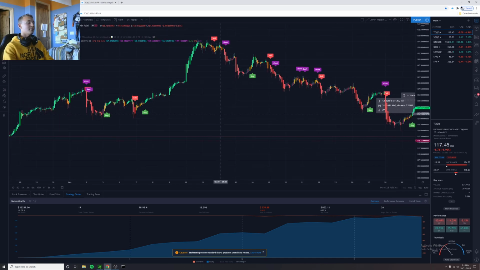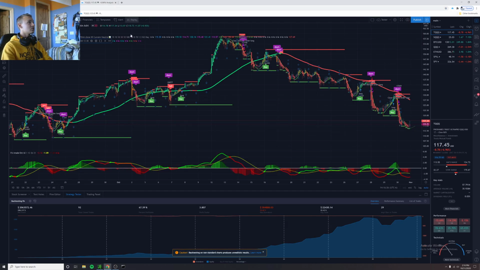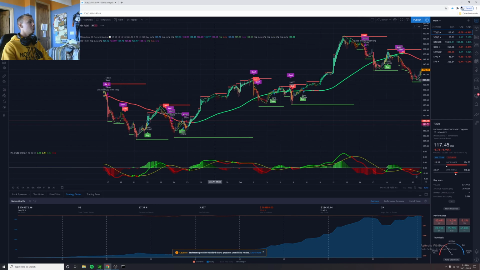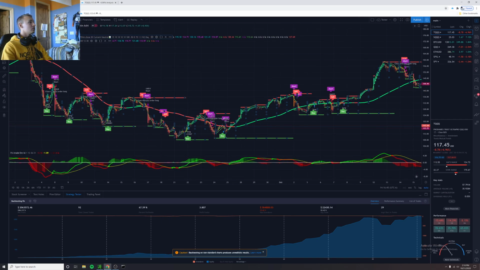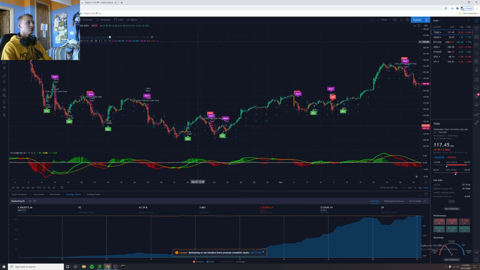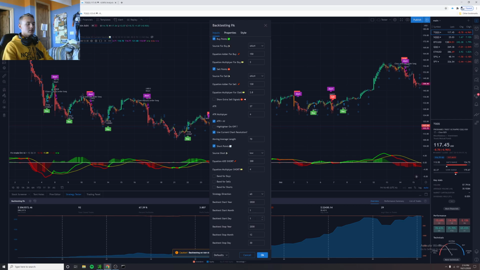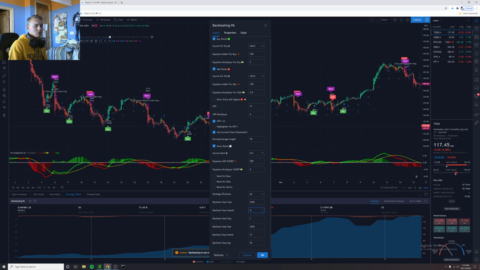Now I'm actually going to tune it. I'm going to go on my tester and go back a little bit, and we are going to tune it for backtesting, because I'm just going to show you what I mean by that. We're going to tune the backtesting for, let's say, August. So it's the 1st of August. We're going to set the start month to,